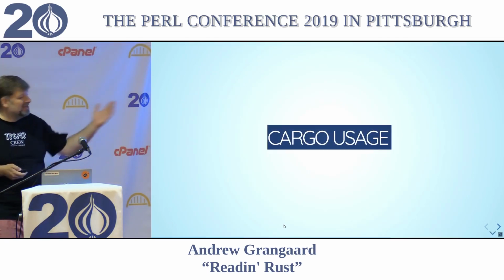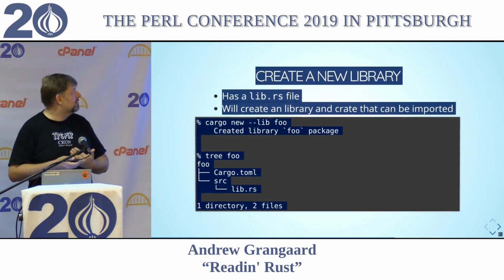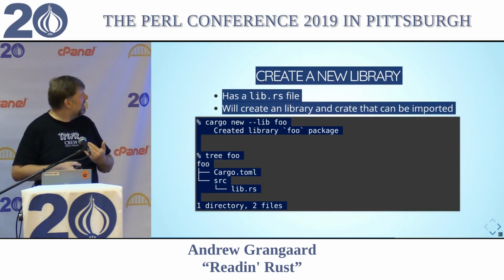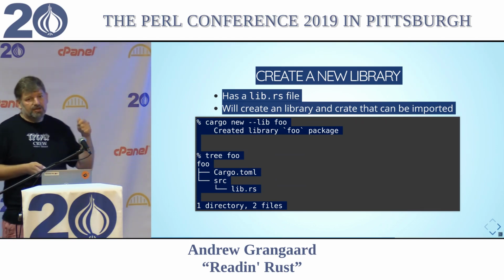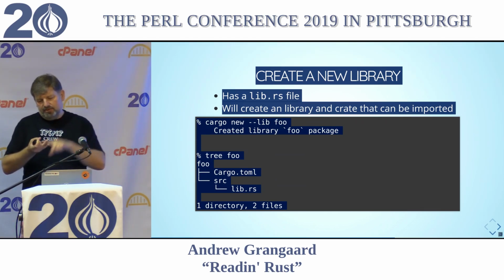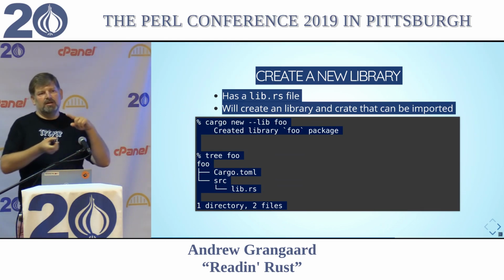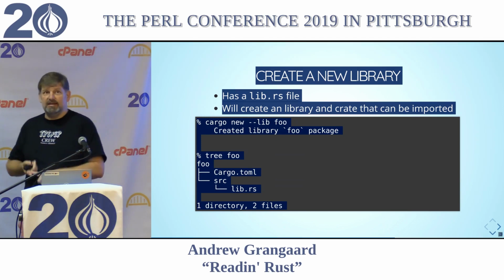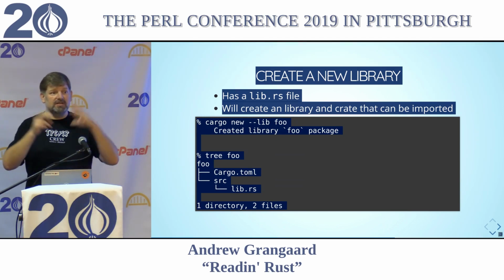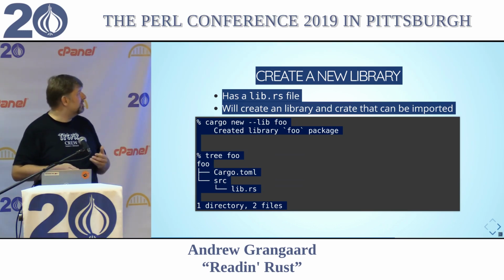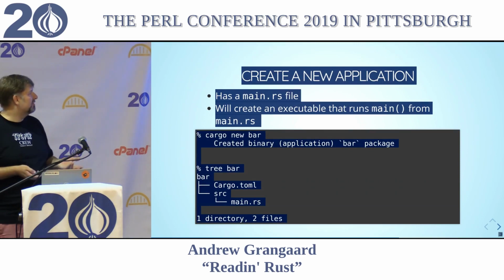And the last thing I did want to mention is Cargo. So Cargo is the build tool. It does all the things. Where's my other Cargo slide? I totally missed the slide. So you can use it to create a library, create some boilerplate code for you, to run your tests, to run your benchmarking, to format it, to lint it, to push it up to crates.io, which is the CPAN-esque repository. And then there's plugins, so you can make it do more stuff.